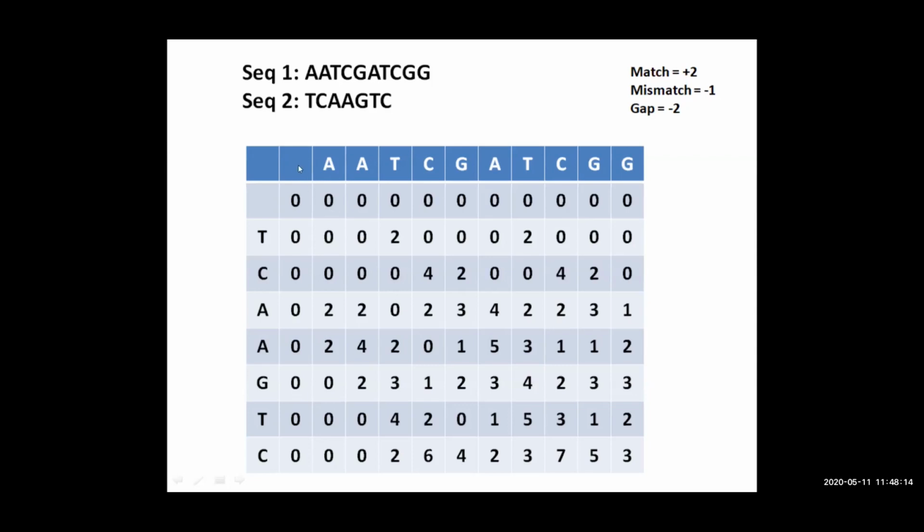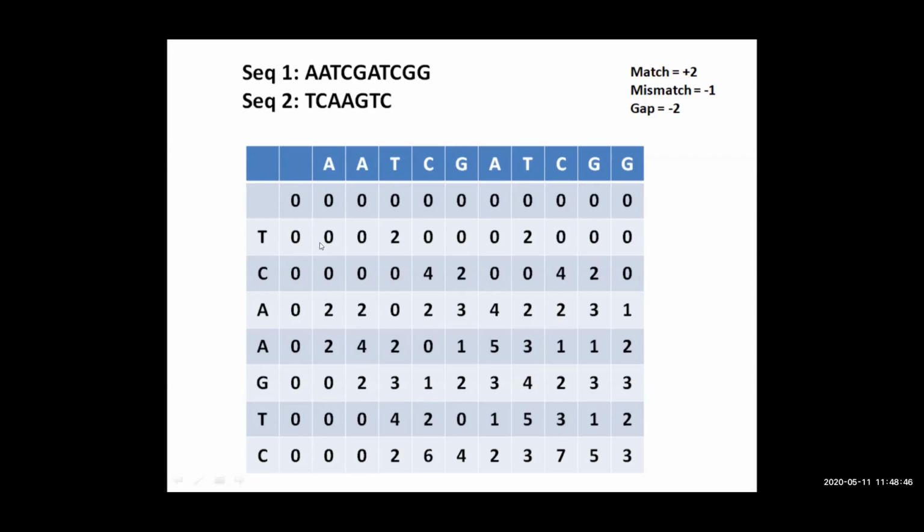Similarly, here there is no value. Therefore, also it will be 0. So this 0 has come because it is the first cell and there is no value diagonally, neither is there a value in the previous cell, in the previous row. So like that, in each of the cells in this row, the values, if you count, will be 0. Similarly, in this column also, all the values will be 0. So I'm not going to show it. You calculate it out, it will always be 0.